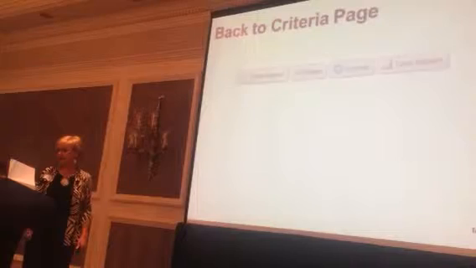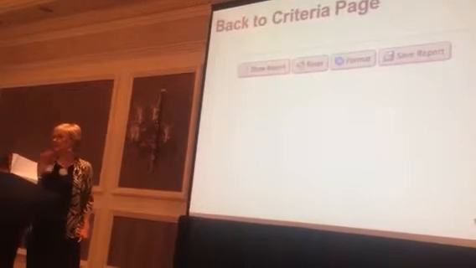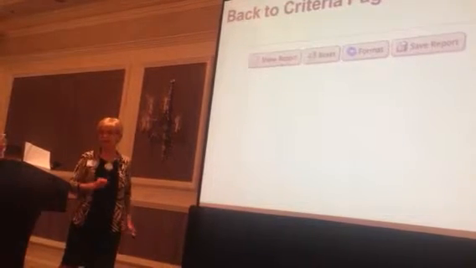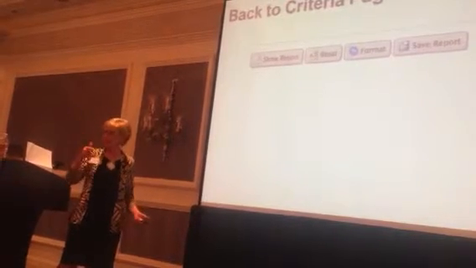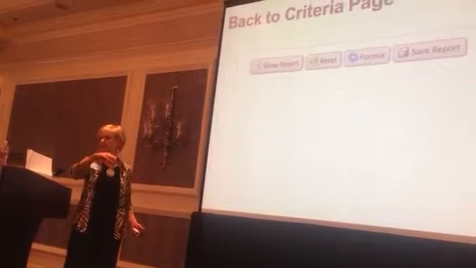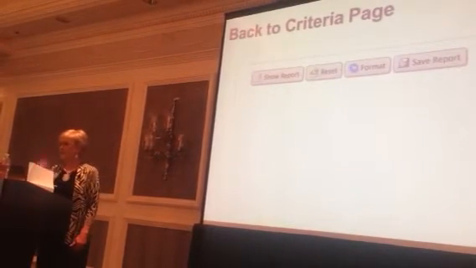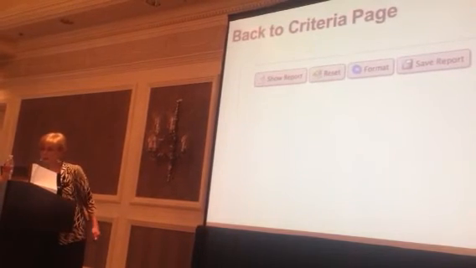Now again, you go back to the criteria page. If you want to save this for FIBC, save it in your Save Reports, and I call it FIBC. So then every day after you create it, all you do is punch your saved report, FIBC, and you'll see it'll update itself. So when you punch save report,